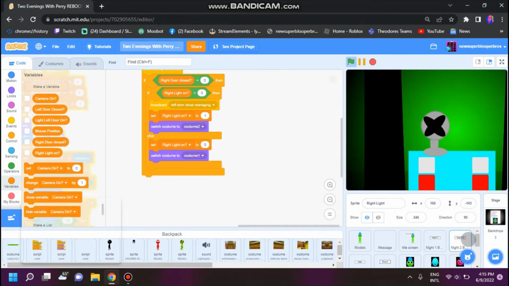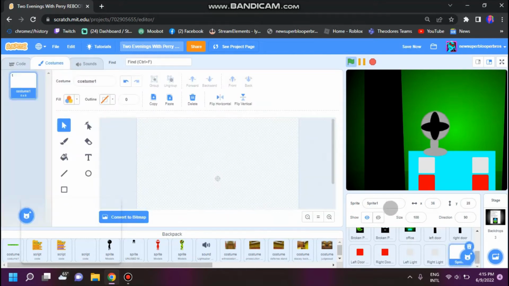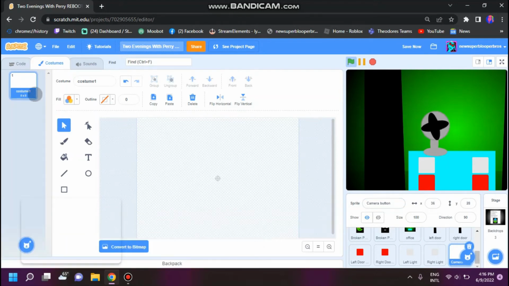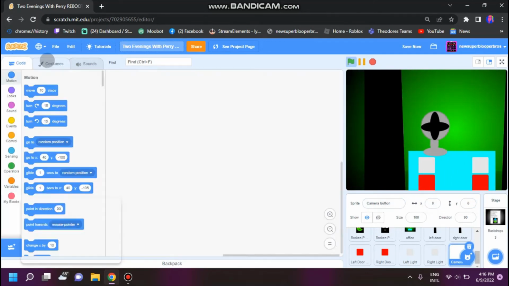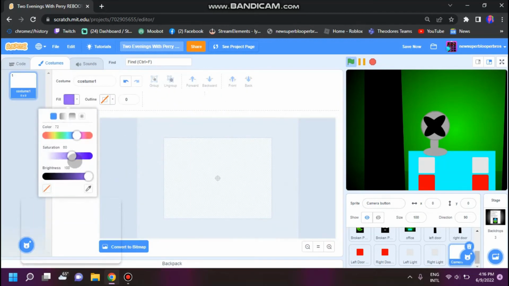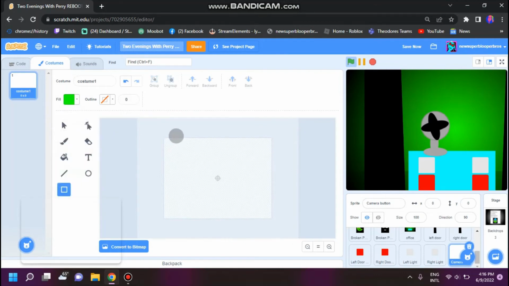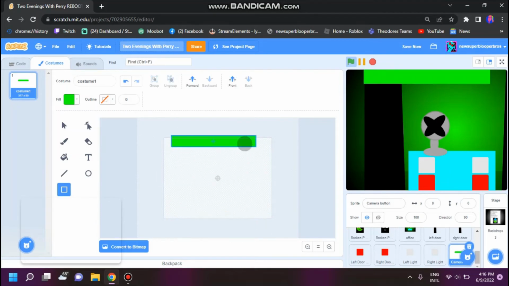So first thing you're going to want to do is choose a sprite and then paint. And you're going to want to rename the sprite to camera button. Now you're going to want to set 0x, 0y. Then you're going to go into your costume thing here and you're going to make the button. So I'm going to make mine, let's just say green. And we'll make it across the top, or you can make it on the bottom, depends on how spacious,